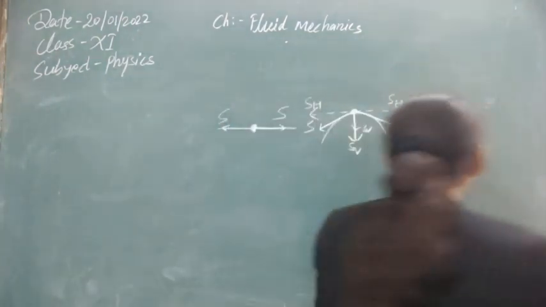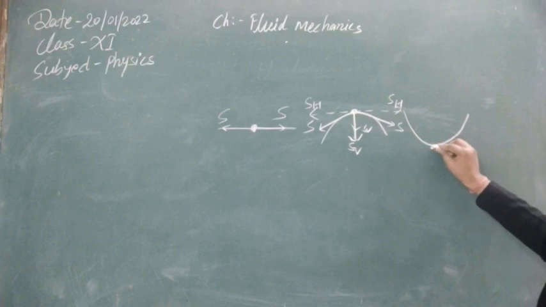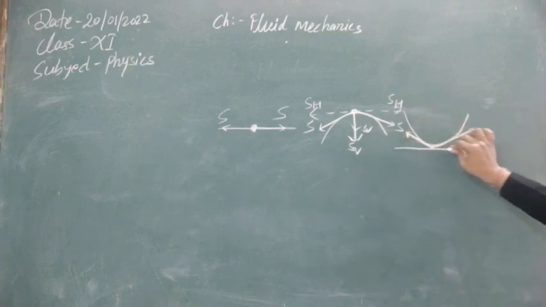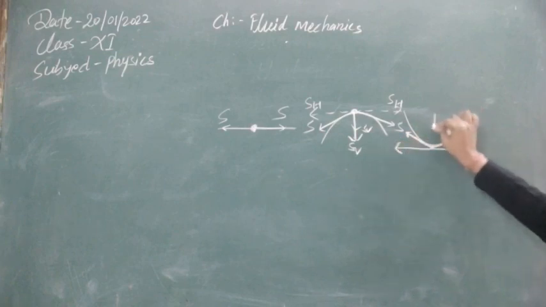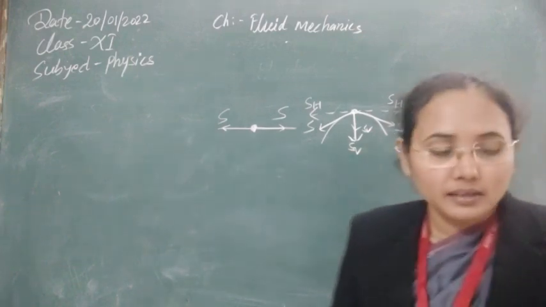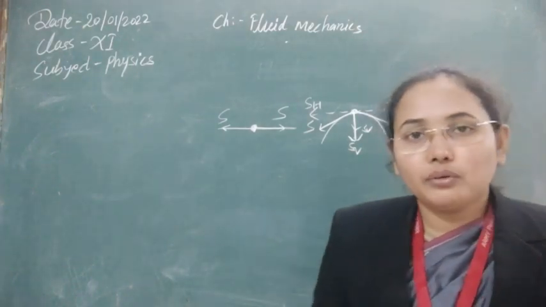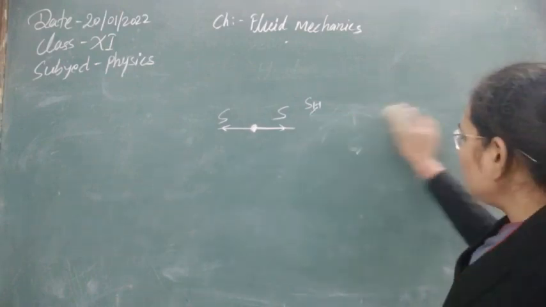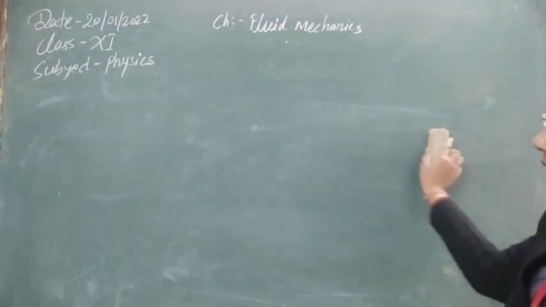Next, for this kind of surface, you can see this is the direction of surface tension. Here also we get two components, horizontal and vertical. So a net upward force is acting here, and due to that we get excess pressure. So whenever we have curved surfaces, the excess pressure concept is obtained; otherwise we will not obtain excess pressure.